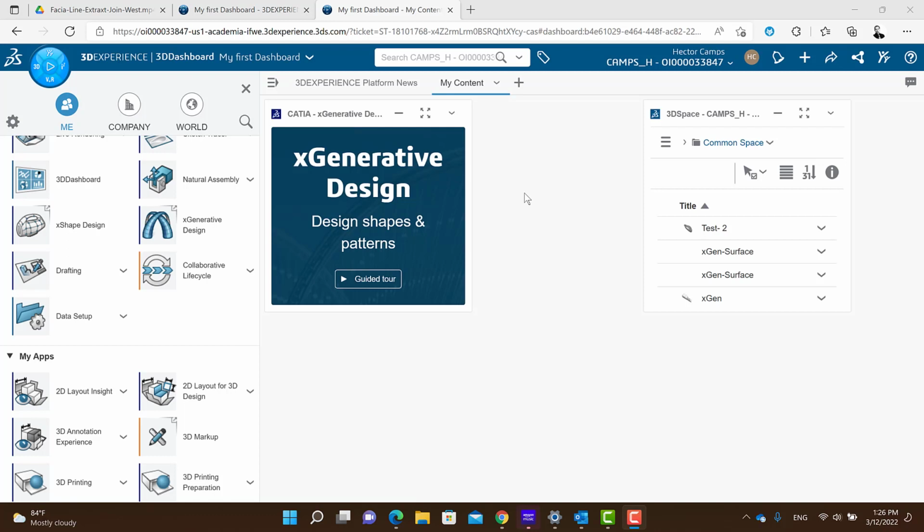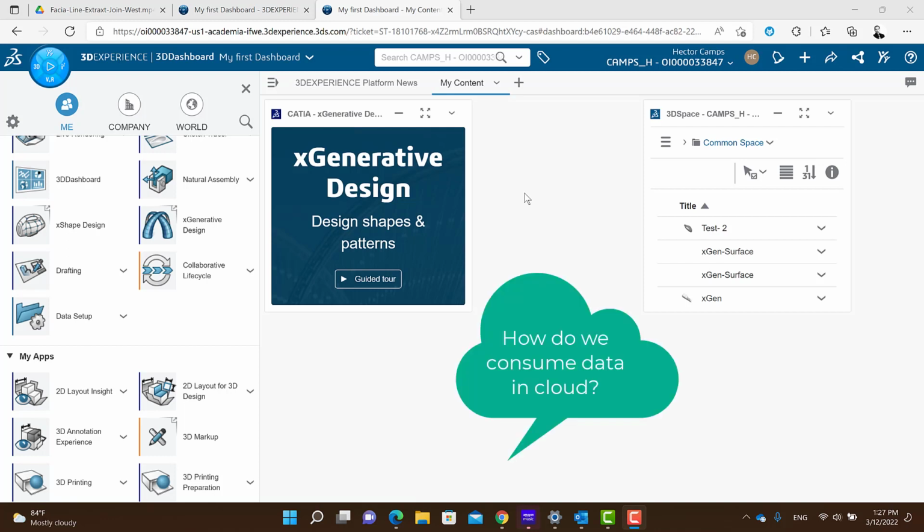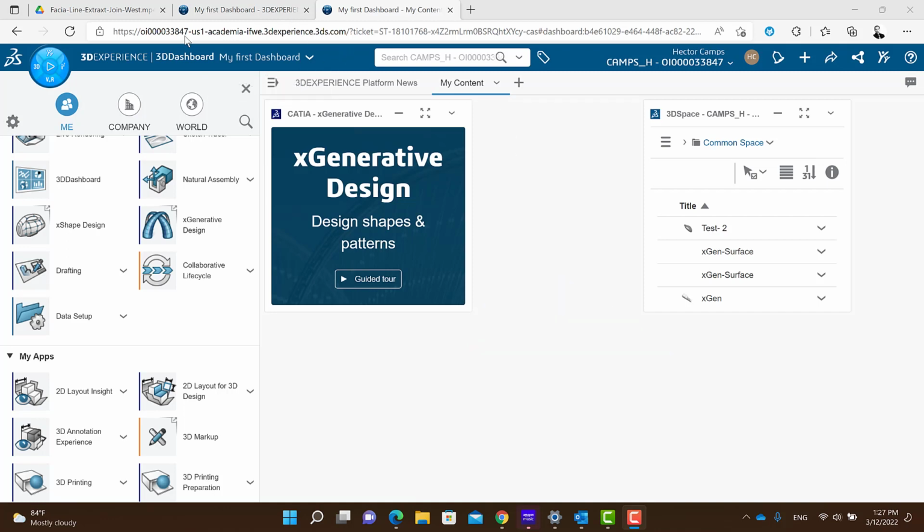So throughout the semester, we've been working on doing little models and experiments, and of course, you also have the platform, which is a whole animal by itself, right? So we need to talk about how we consume models and how we consume data on the platform. For example, throughout the semester, you're making models, and those models are going to a collaborative space called common space. So, to consume the models that we have, what I'm going to do, here we have a